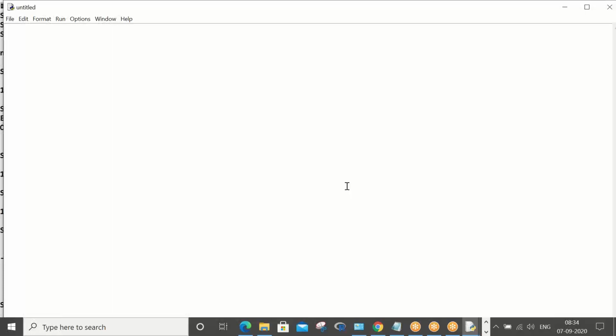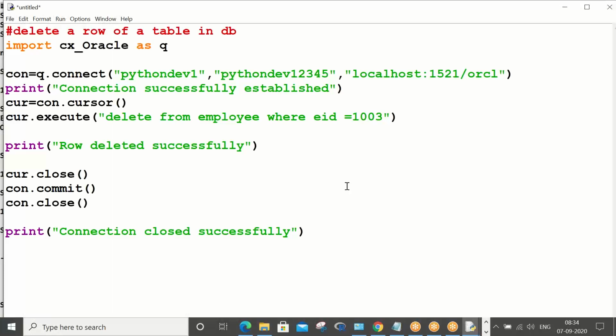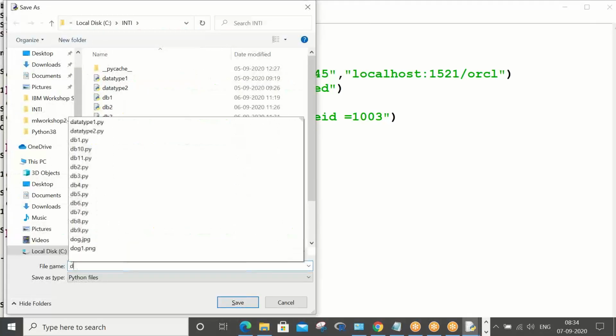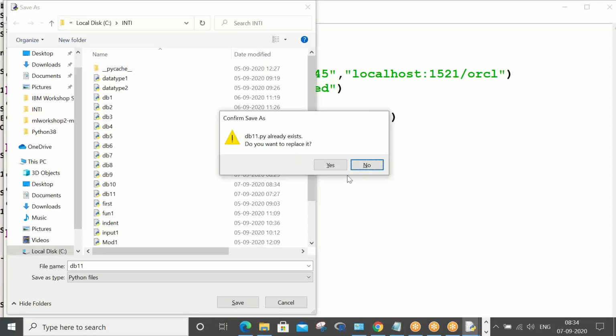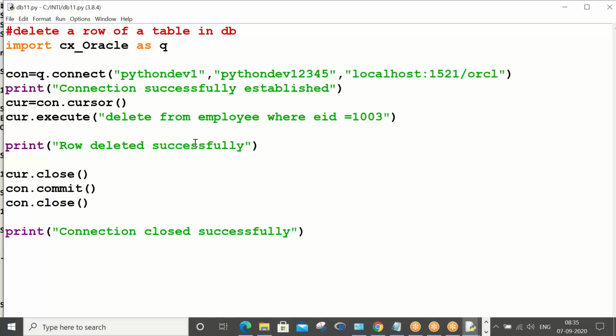Okay, so Control V, Control S, DB11, replace it. Now what I'm doing is I am going to drop the table, drop table test.